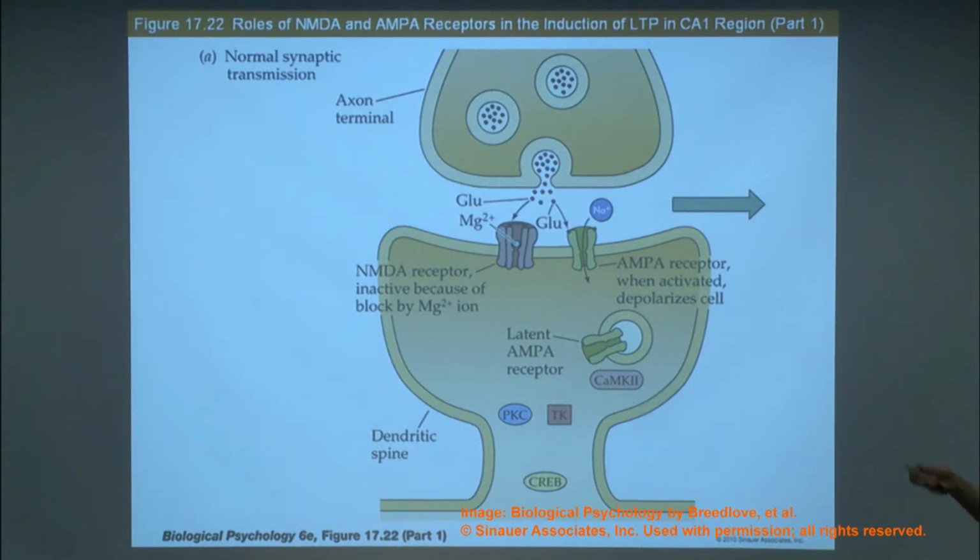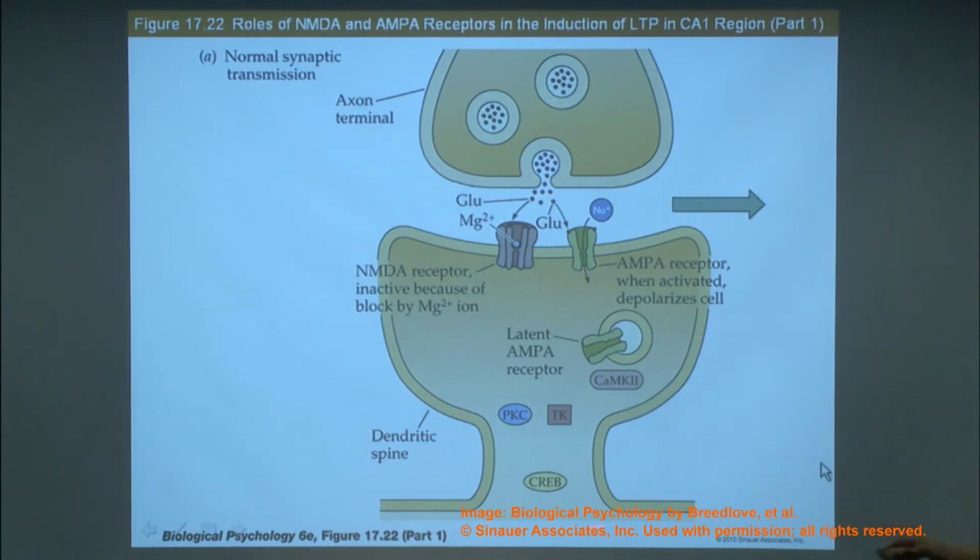It doesn't work for any normal synaptic transmission. You get some neurotransmitter out in the synaptic cleft and you get activation. No, this is typically blocked with magnesium. Magnesium causes a blockade of this receptor under normal synaptic transmission situations. But remember, we said that something special happens when you have both presynaptic and postsynaptic activation. Here's the trick. When the postsynaptic membrane is activated, is depolarized, what happens is the postsynaptic depolarization that happens with lots of glutamate activation here and lots of glutamate activation in this dendritic spine, in parts of the dendrites